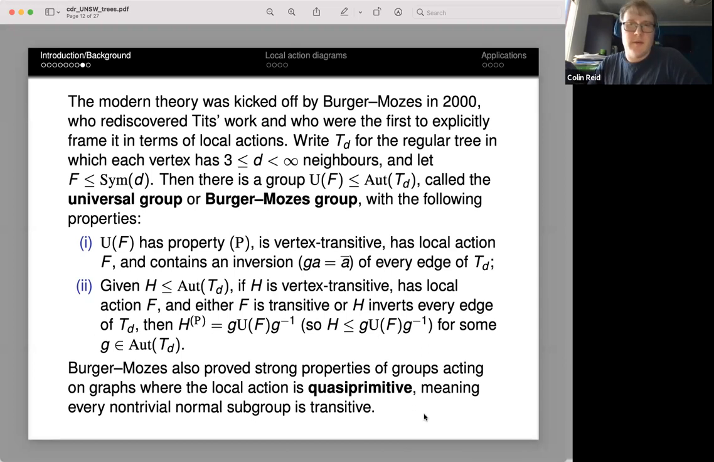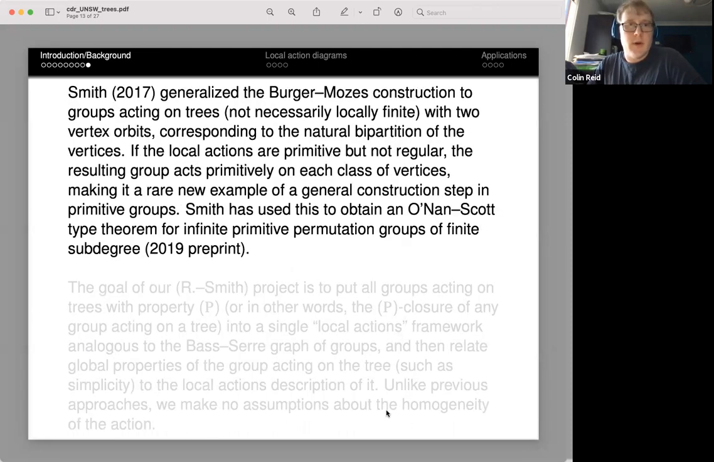Yeah, they certainly proved that for groups acting on trees, but I think they had results for groups acting on general graphs as well. Okay, so more recently, Simon Smith generalized this construction to consider groups acting on trees, which are not necessarily locally finite,